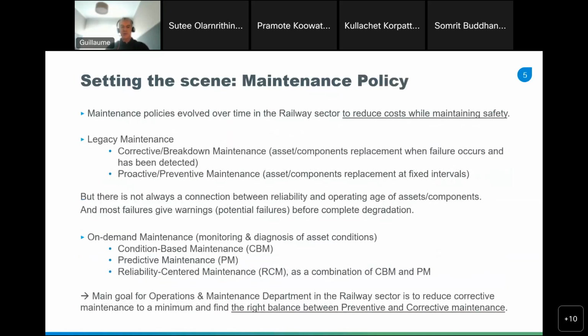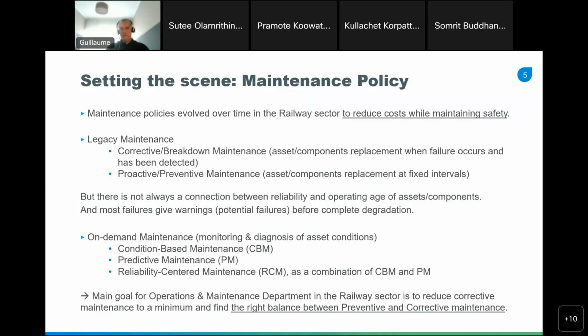Second, to set the scene, now that we have seen all about maintenance, let's go through the maintenance policy, sometimes also called maintenance strategies, which evolve over time in the railway sector to reduce the cost. As I said previously, this is one of the main purposes of maintenance, but you need to maintain safety. So it's a kind of balance between cost and safety. So currently the existing